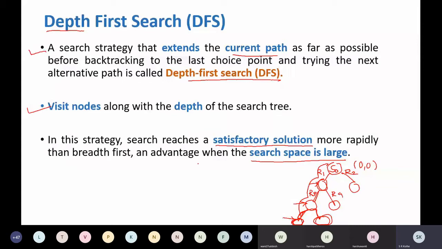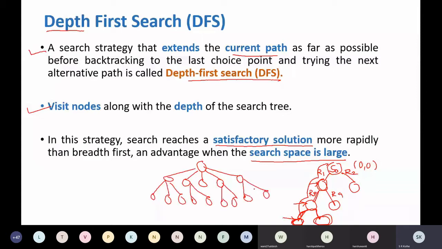For example, something like this. If this is the search space, then suppose by chance your solution is somewhere here, this is the goal node, one of the goal nodes. So how will depth first search move?